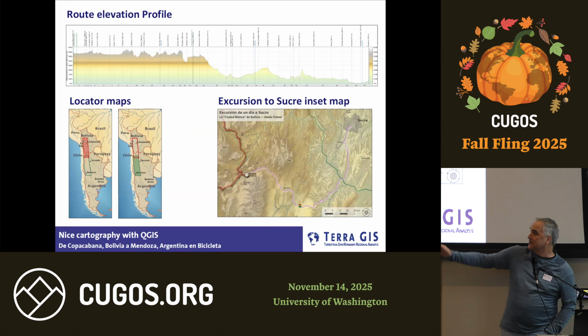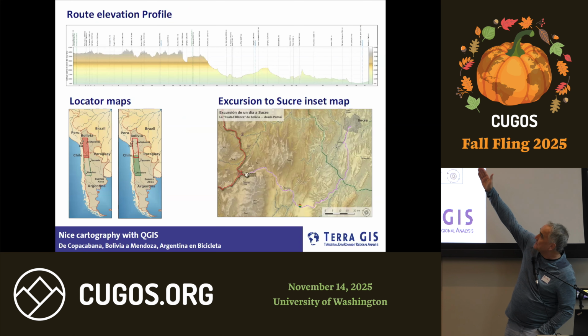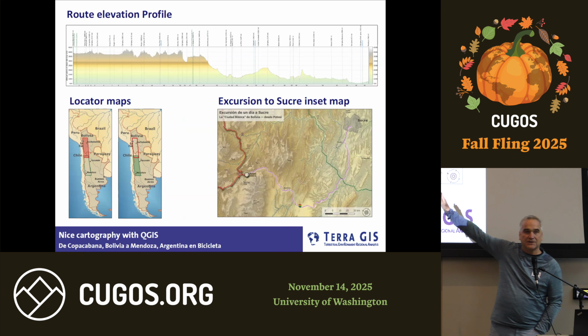So there are other features. With Matplotlib and a Python script, I imported the colors of the elevation. I have some inset maps for a side trip. We get to the white city, Sucre,